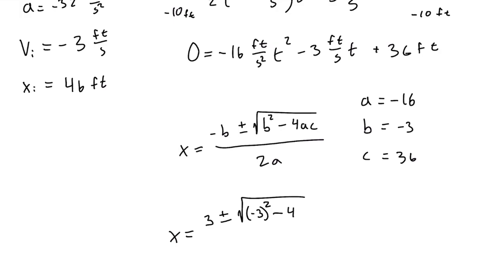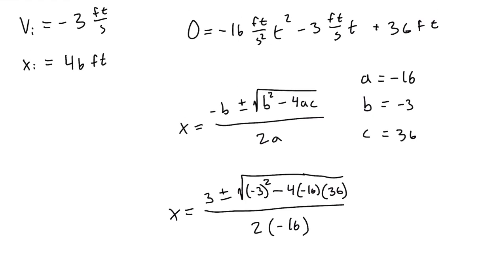Minus 4 times negative 16 times 36 divided by 2 times a. 2 times negative 16. Okay. Now, more realistically here, actually, I'm just going to real quick change these to t, because that is what we are solving for. So now I'm going to hop over to my calculator, and we're going to